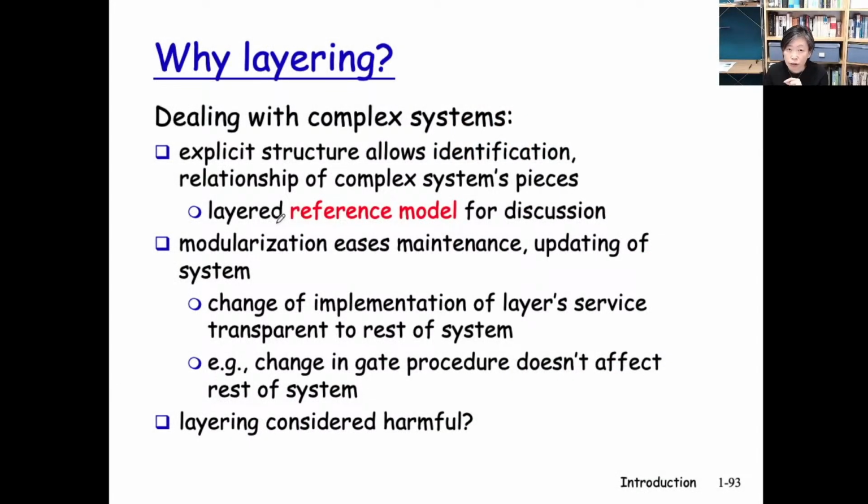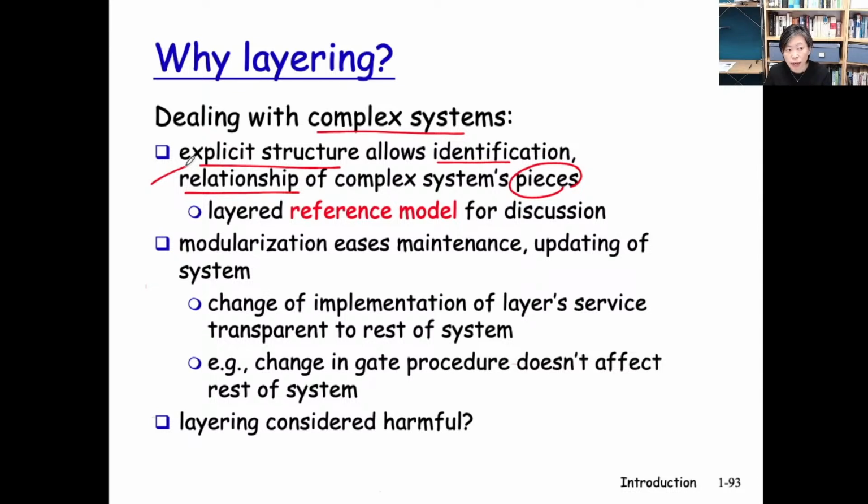Hopefully with the air travel example you see that in large complex systems with lots of pieces, it's really good to have some explicit structure, so that it's easier to identify, in case there's a bug, which piece the bug is in, and to find out which related pieces might be partly to blame as well. So having explicit structure is really good.